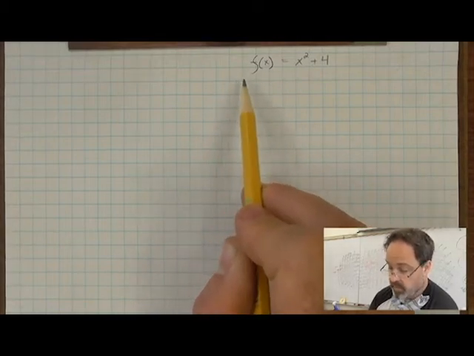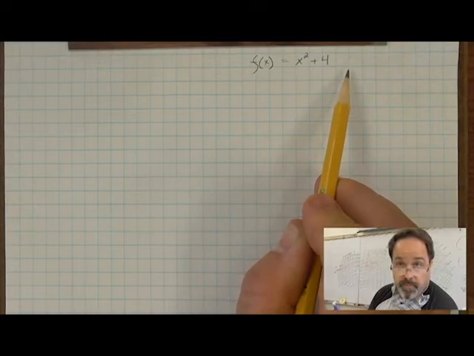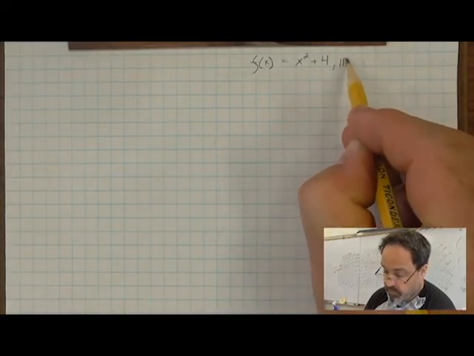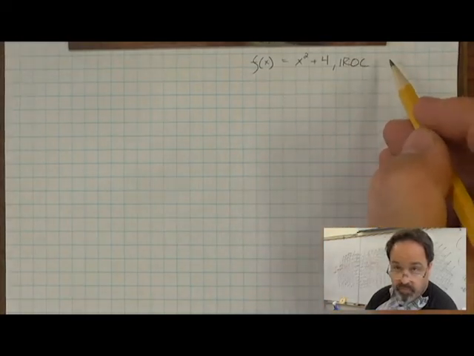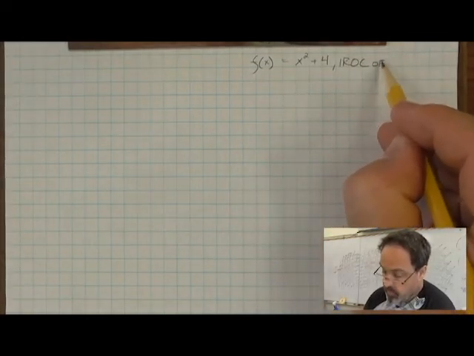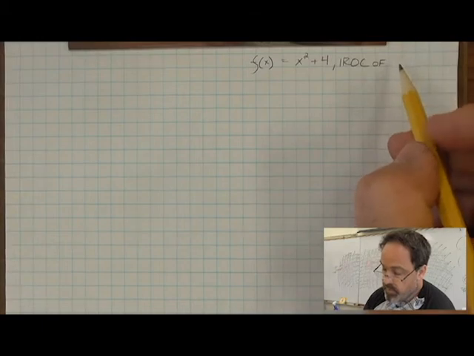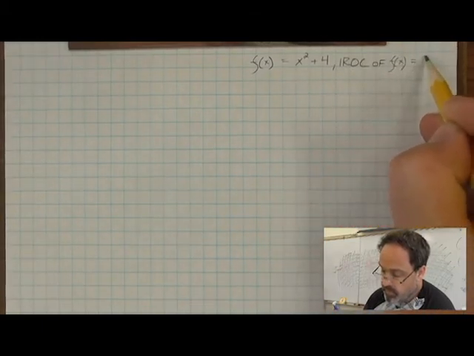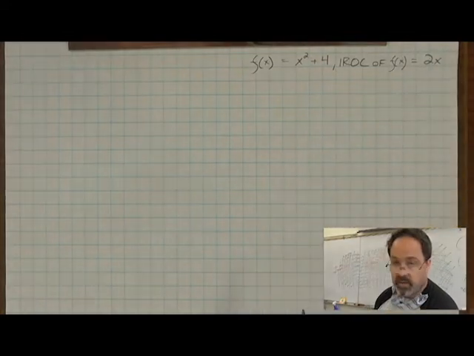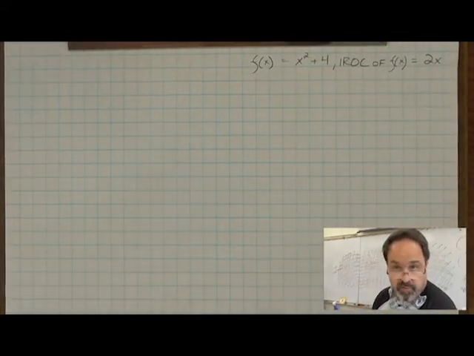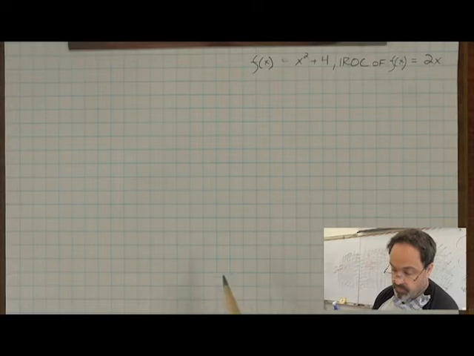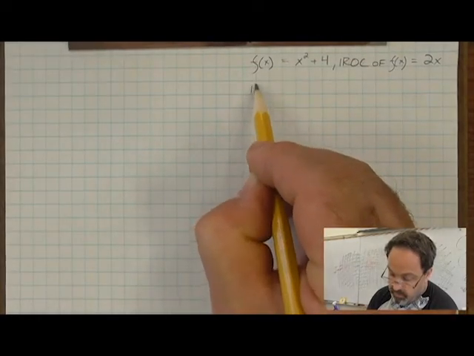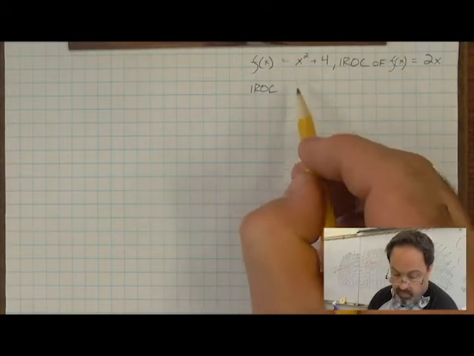Here we have an abstract function, but we can calculate the instantaneous rate of change just like we did before, and if we were to do that, we would get the IROC of f of x is equal to 2x. And again, that calculation was done in a previous lesson. But in general, the IROC, or instantaneous rate of change of any function,